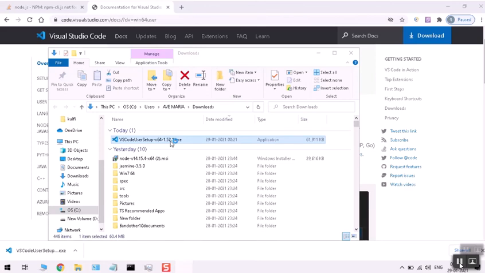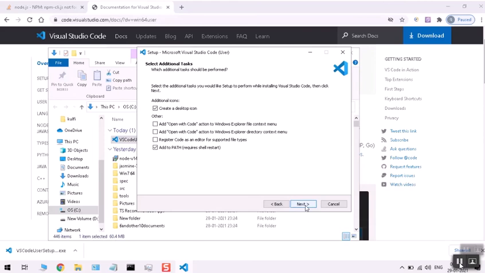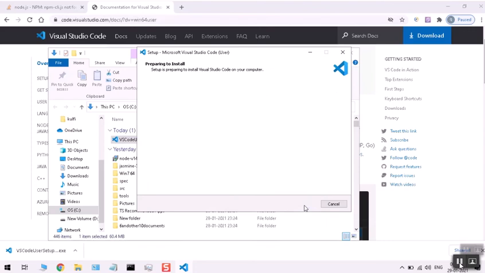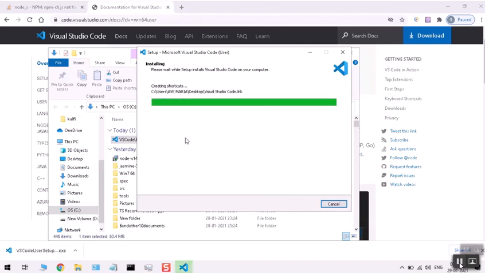It's going to install now. Let's check create desktop icon. Then let's click on the next button. Let's click on install. It started installing Microsoft Visual Studio Code. It's completed.